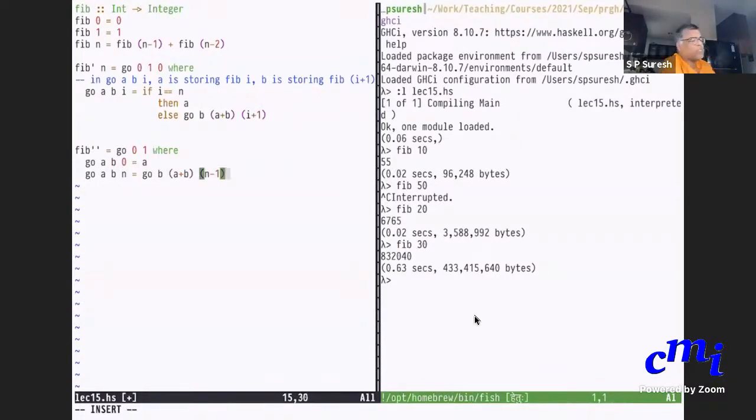Okay, this is just a much simpler version of that, where I count down instead of counting up.